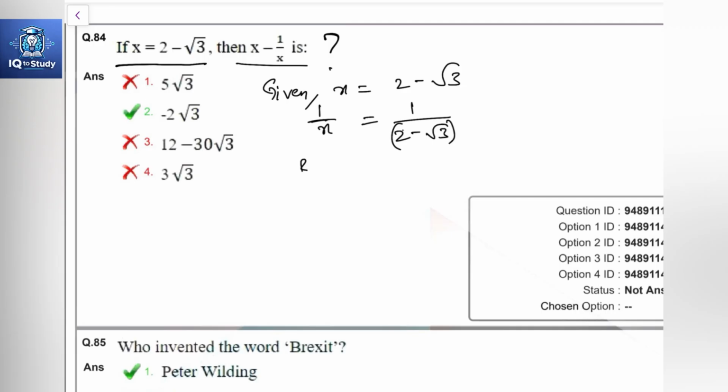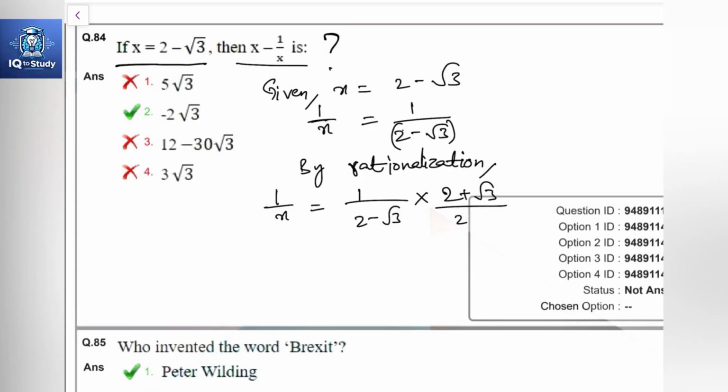By rationalization, we can write this as 1 by x is equal to 1 by 2 minus root 3 into 2 plus root 3 divided by 2 plus root 3. This is called the rationalization method, and we know that a minus b into a plus b